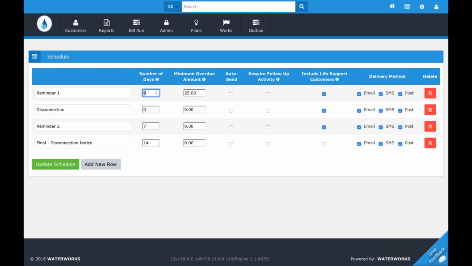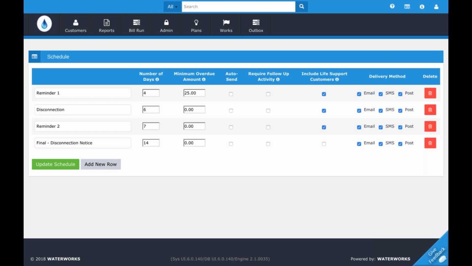So let's say we want to send the reminder. The first column is the number of days after which we want to send the first reminder. So we can go ahead and make, say, 3. Let's call this 4. And then maybe 5 here. Okay. So basically, we would give the customer 4 days for their first reminder and maybe have a